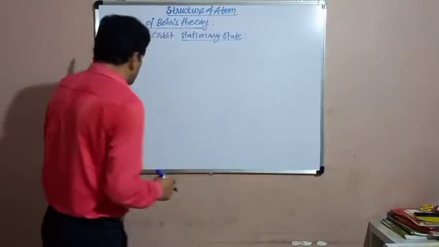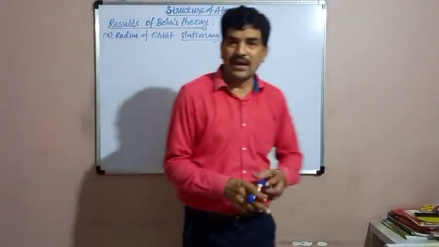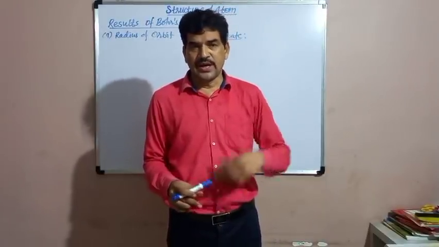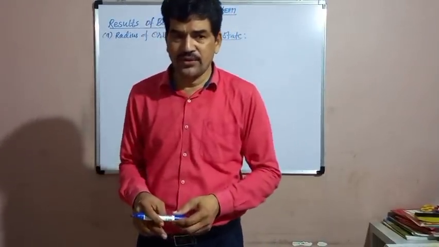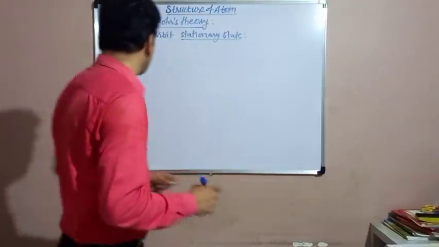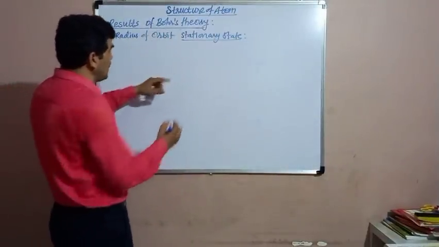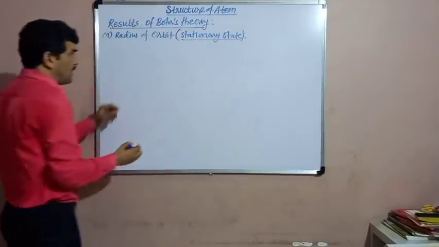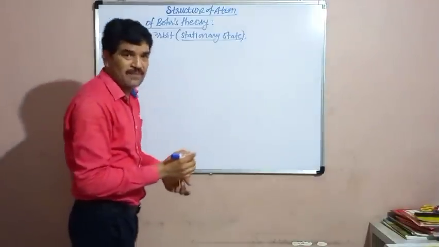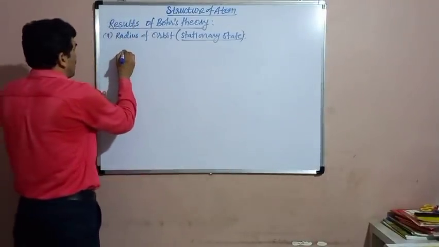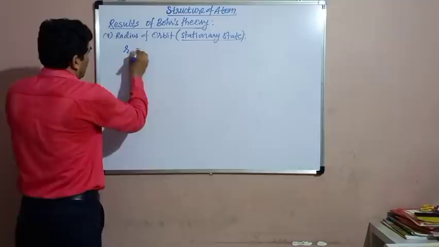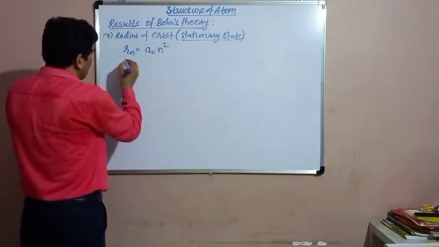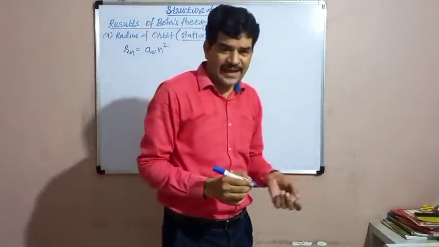The Bohr's theory is useful to calculate the radius of the orbit. The radius of orbit can be calculated with the help of the Bohr's theory. The orbits are also called the stationary states. So the radius of any orbit or stationary state can be calculated from the Bohr's theory by using the formula Rn equal to A0 into n square. Here Rn is the radius of the nth orbit,